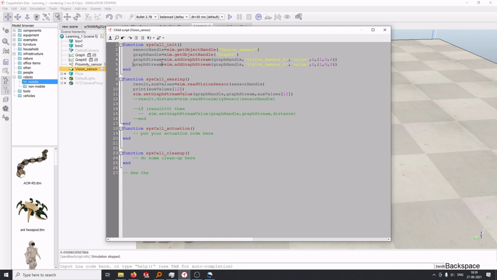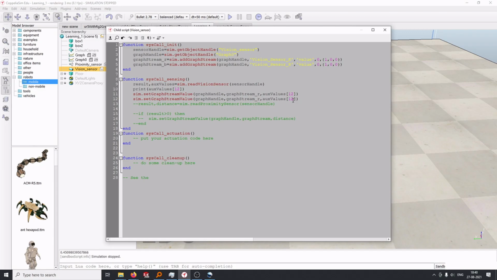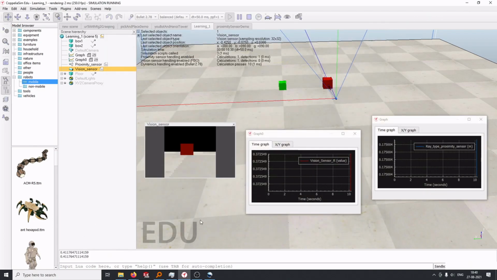We'll have a graph stream for blue. This makes it a bit easy, so we'll make this the stream of red. This is the stream of blue. And similarly, not blue, actually green, sorry, green, and green is 13. So next RGB, so green next, then blue will be 14. So we save this. We see the values over here as well. Just this for red actually.